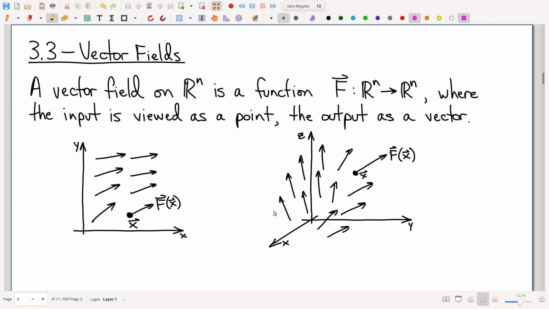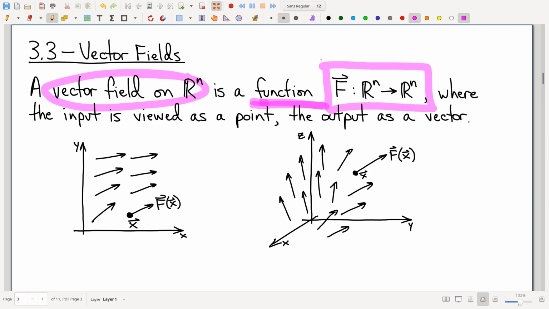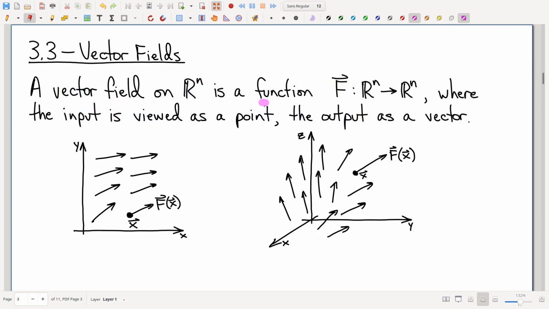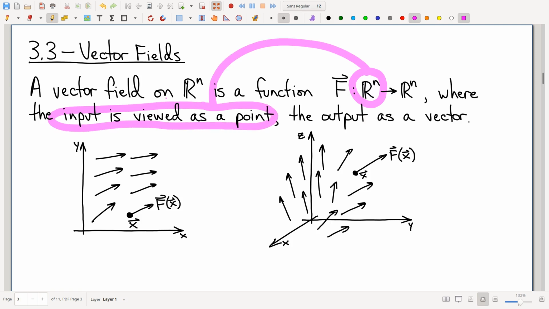Here's the definition. A vector field on Rn is a function from Rn into itself. So specifically, the dimensions here have to be the same. Rn to itself. Okay, now the tricky little thing: in order to view this as a vector field, we are further going to think of it a certain way. Let me make a different color choice here. The point in the domain that goes in, we're going to view that as being a point in Rn. The thing that comes out, we're not going to view as a point. We're going to view that output as being a vector. So even though they're both elements of Rn, the input we think of as a point,